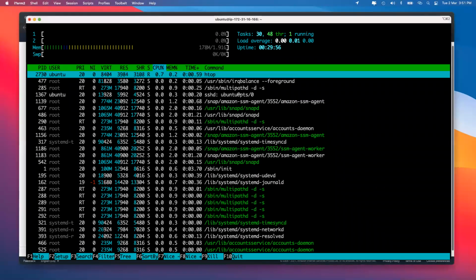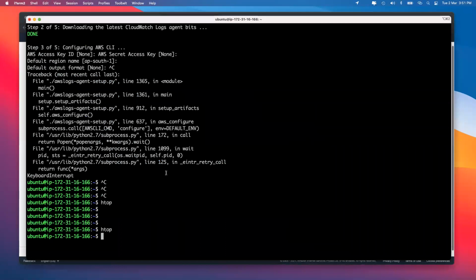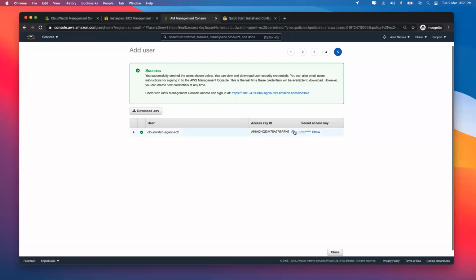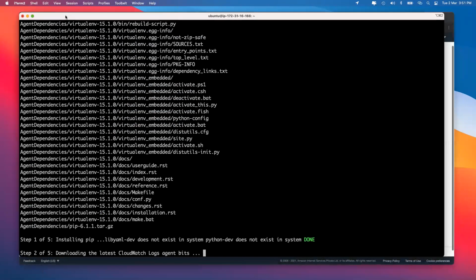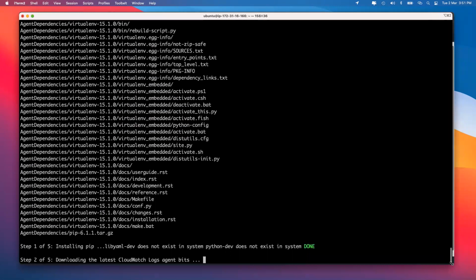So let's go back to where we had to do the configuration so that we could install the logs. Now that we have our secret access key and the access key ID, that is what we are going to use. So let AWS run the basic steps required to install the CloudWatch log agent.